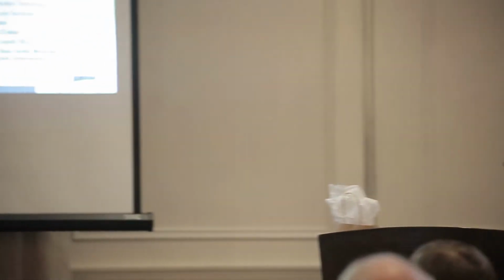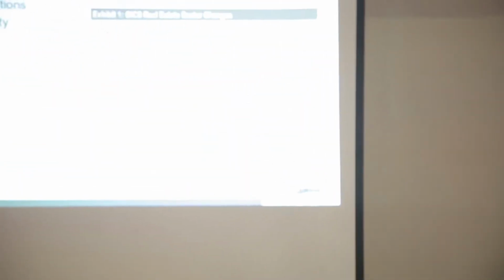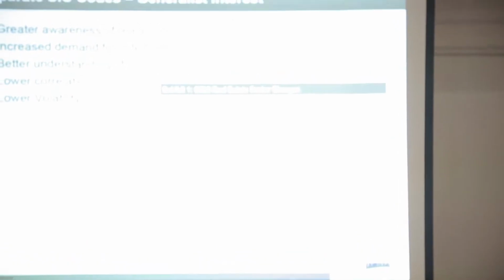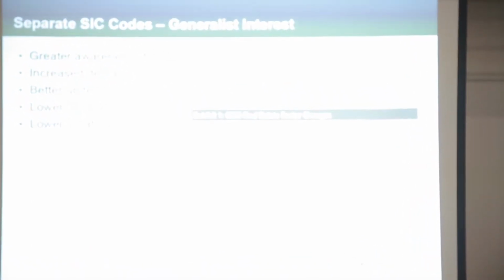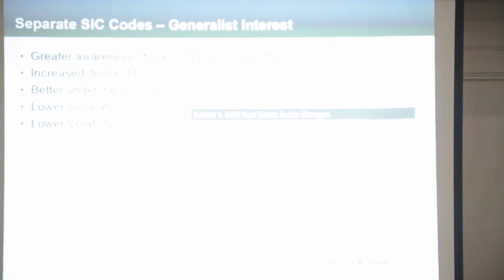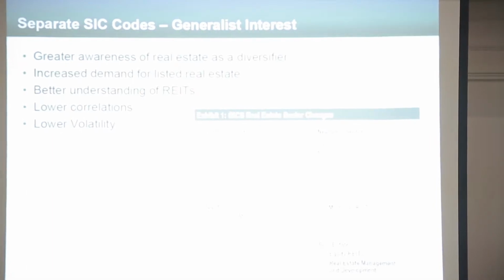So Cohen & Steers, who's the largest REIT manager in the country, put out a little piece recently that I borrowed some of that from, which is basically showing that in the current GICS sectors, under financials are REITs and other real estate entities. And what's going to happen as of August of '16 is the mortgage REITs are going to stay under the financials, and then real estate's going to become its own GICS sector.